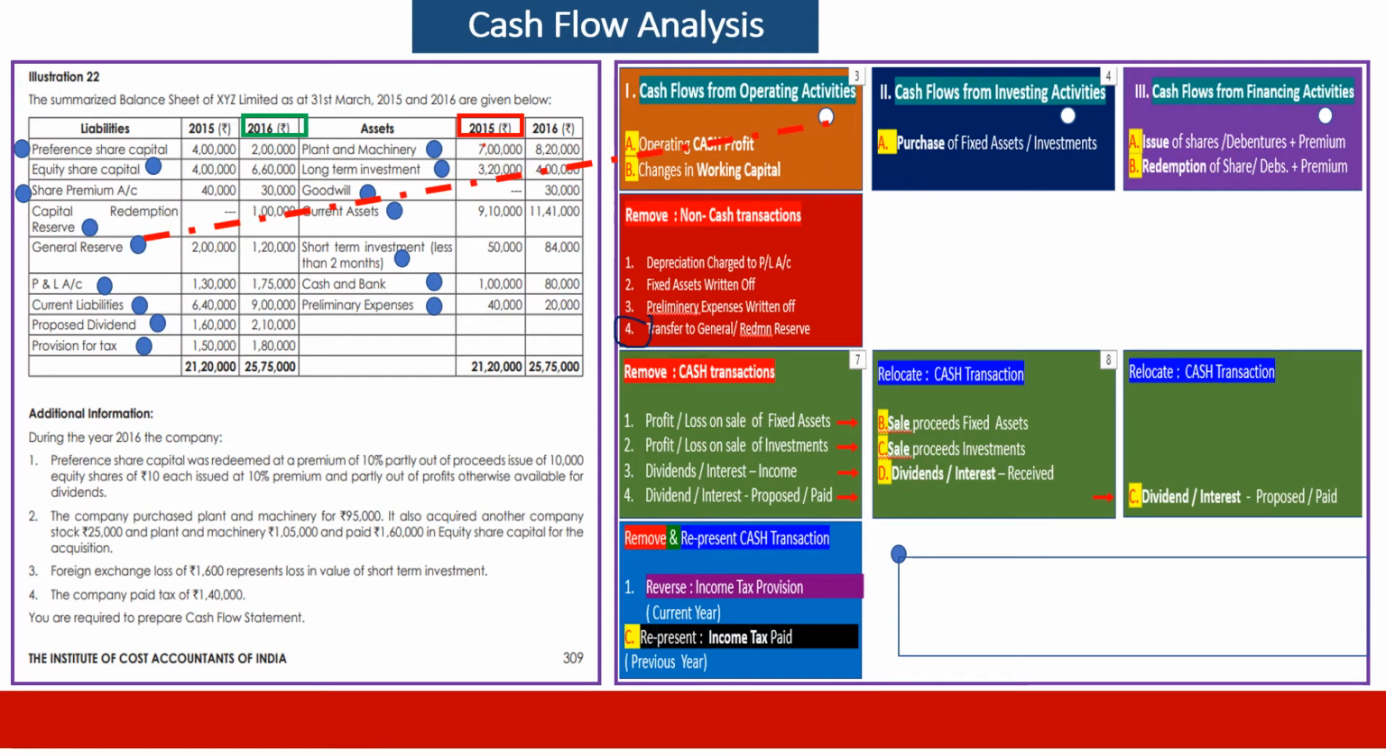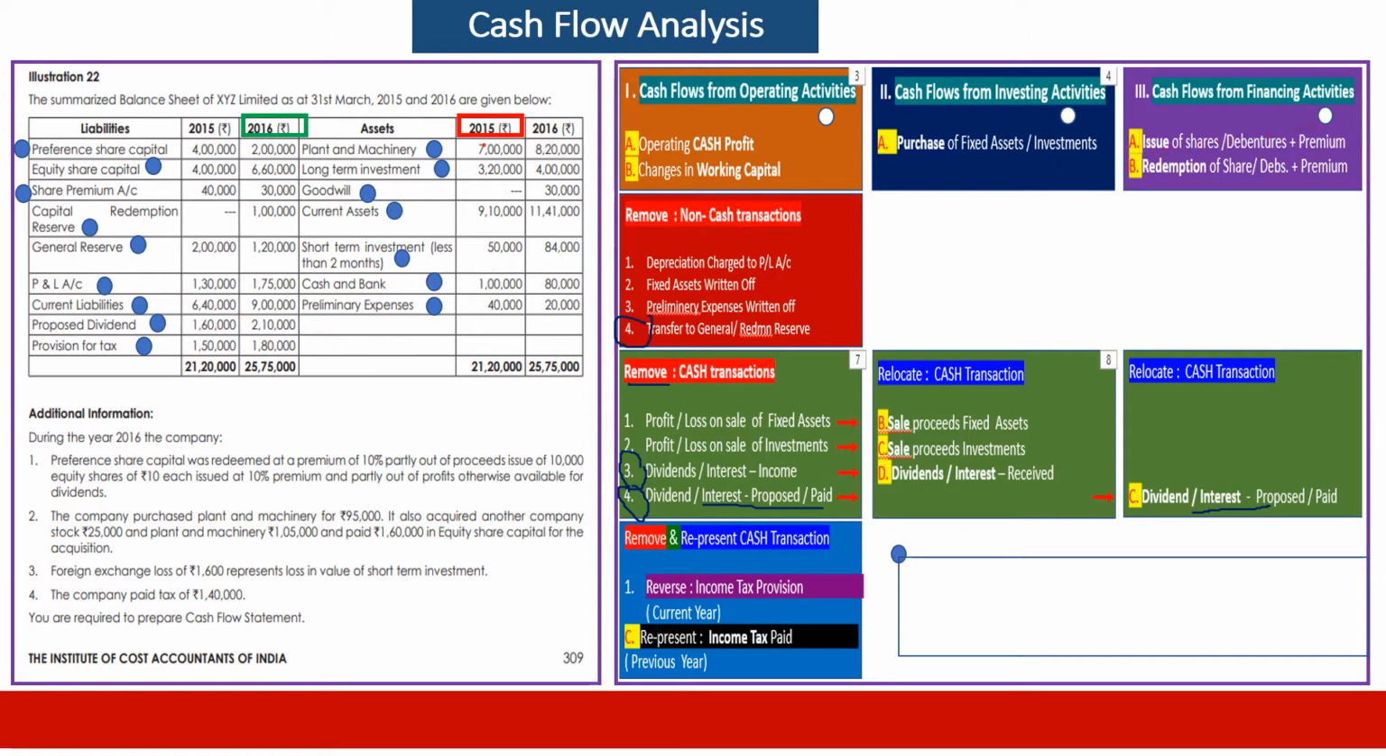Once again, reserve of any type will be covered under item number 4. Profit and loss account will be the first item when we segregate non-cash items, and it will come under operating activities. Current liabilities is a part of working capital, therefore it will come under operating activities. Proposed dividend is actually coming under dividends and interest, sorry, item number 4. Dividends and interest proposed or paid will be removed from here and relocated to financing